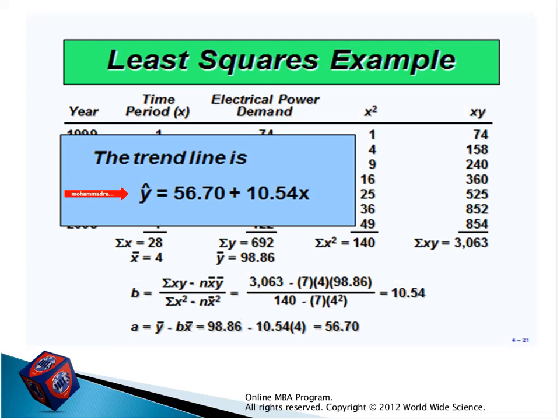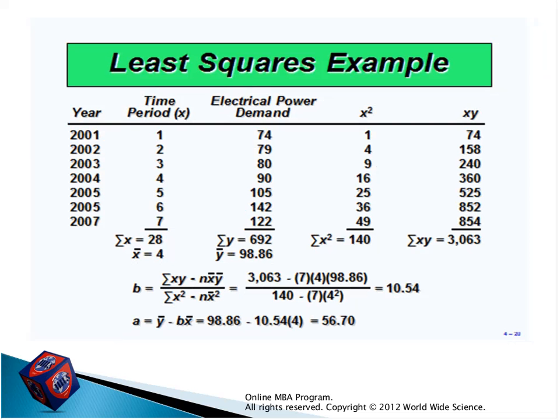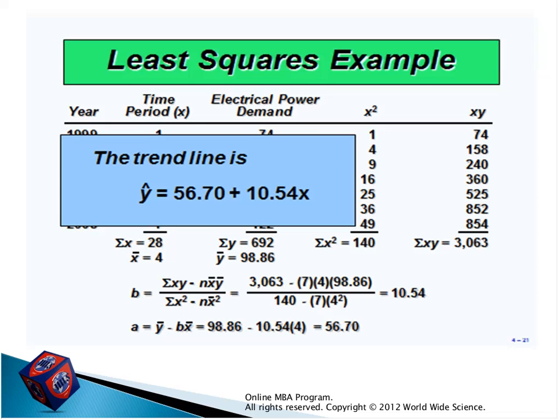If you put 1 instead of X, it's about 75. If you see, the demand was 74. This is the reason that we can calculate a linear equation for the future. Because by use of this method, by use of these numbers, we succeeded to calculate the linear equation and then forecast the future. You understand? It's very, very easy. It's a very good method for forecasting the future.